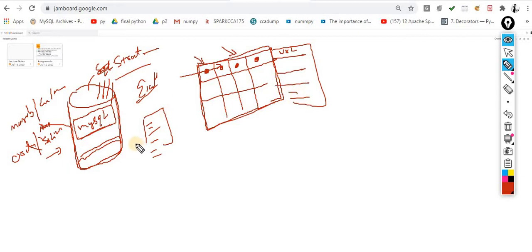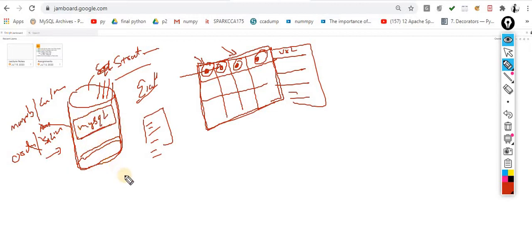Because whenever you talk about MySQL, it is mandatory that you create a table. And whenever you create a table, the columns are mandatory. Without columns, the table is nothing, as we know very well. Whenever I say table, that means it contains columns and rows. That combination of rows and columns becomes the table. So this is the concept of MySQL.